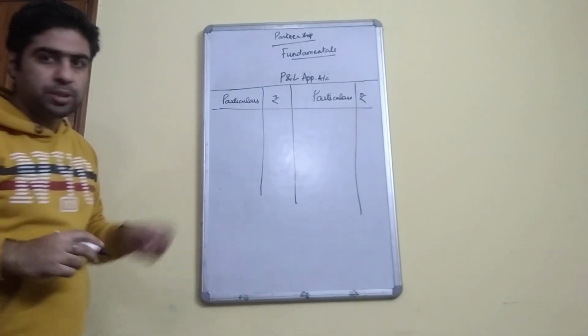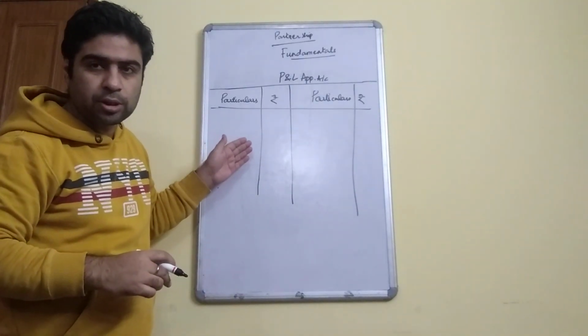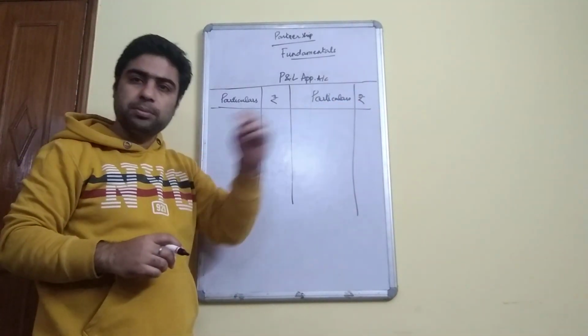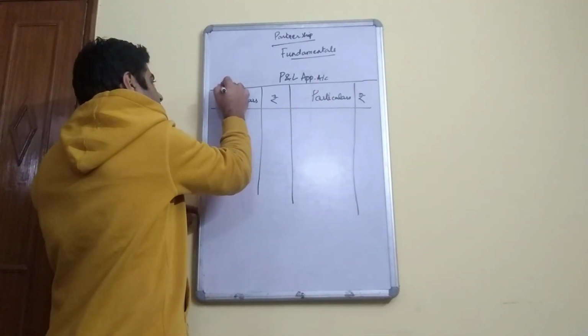Under profit and loss appropriation account, what are the items which will be shown on the debit side, and what all items will be shown on the credit side? We will discuss in today's class. See, on the debit side,